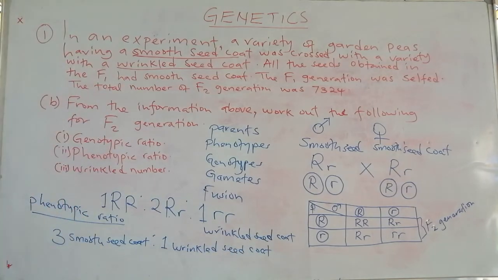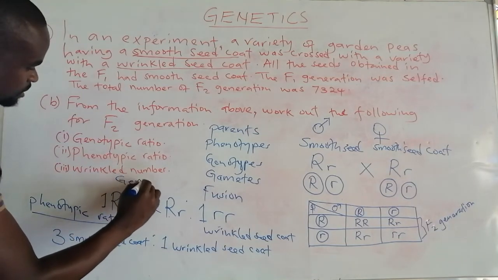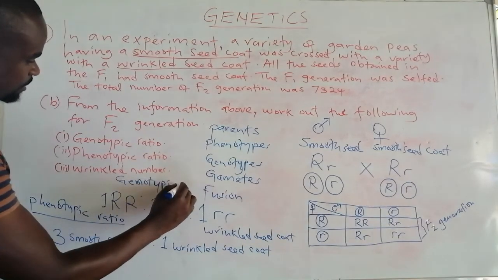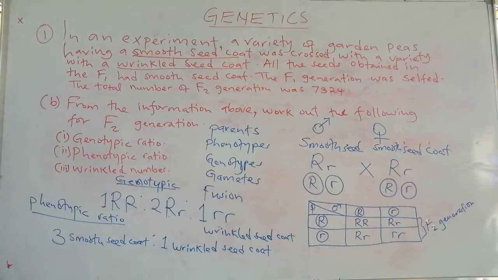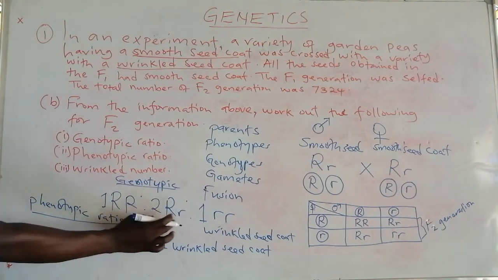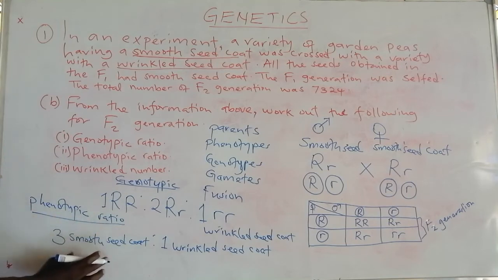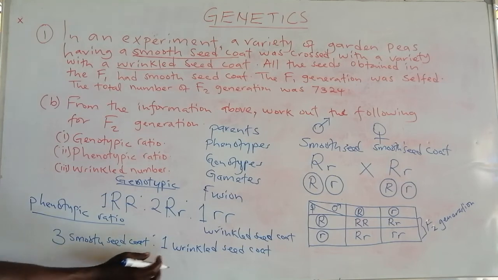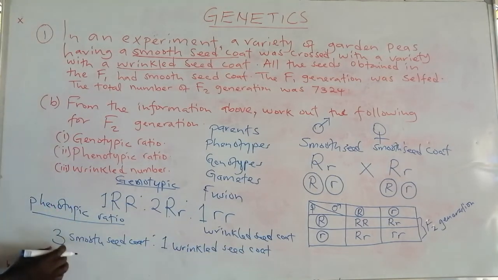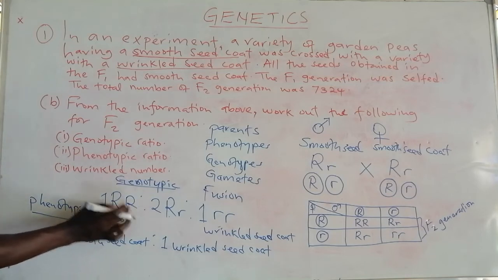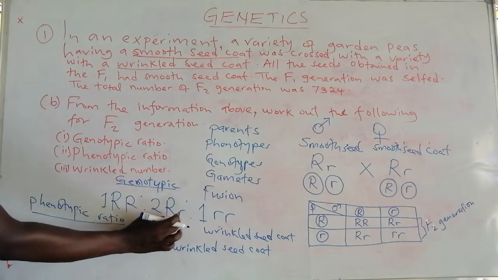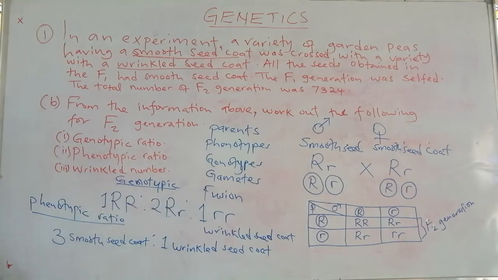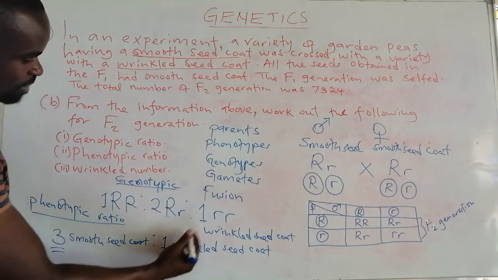That is our phenotypic ratio. So I've said genotypic ratio will be expressed in form of genotypes, while phenotypic ratio we express in words. We have 3 smooth seed coat and 1 wrinkled seed coat. Why are we saying 3? Because 1 homozygous smooth plus 2 heterozygous smooth seed coats will give us 3, and then we'll have 1